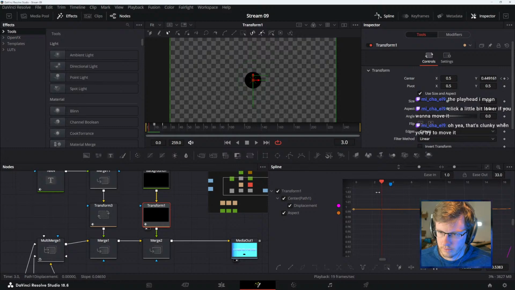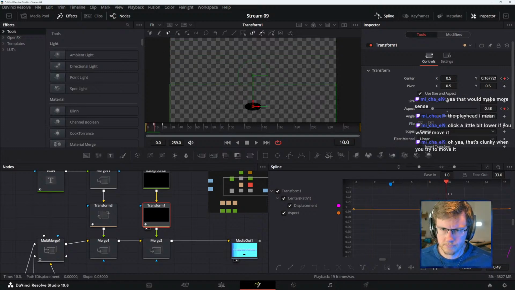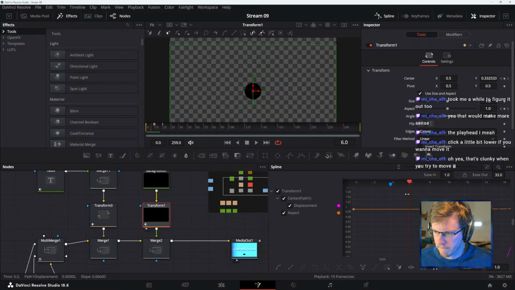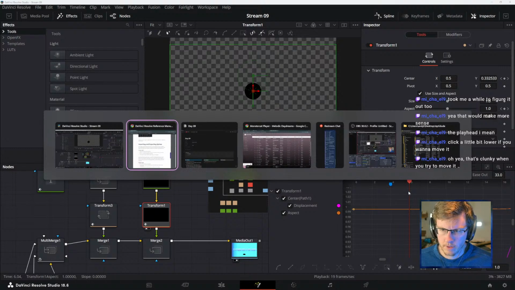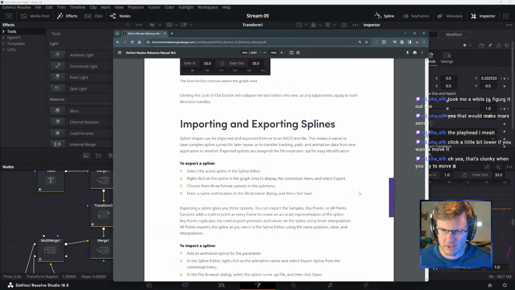Oh, this whole time, I thought you could just grab the giant red part of it to move it. Wouldn't that have made sense? You could just drag from there. Anyways, we got the boink looking real symmetrical. Yeah, that's a little strange.